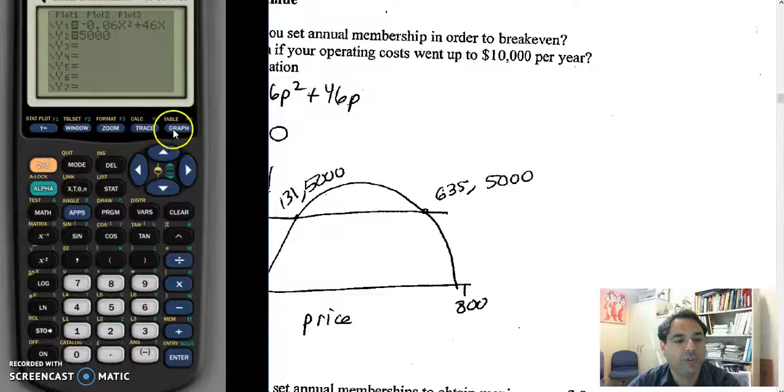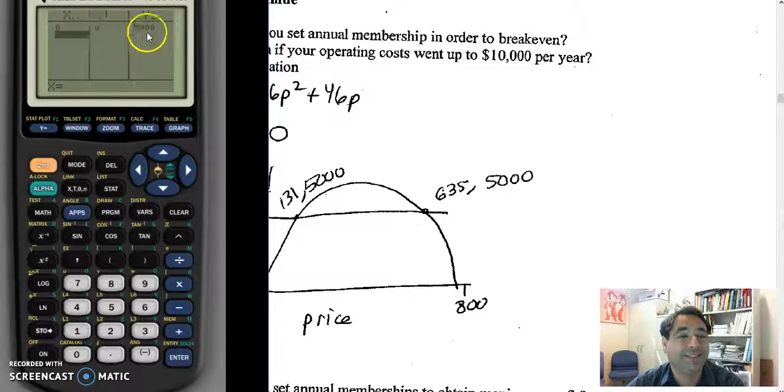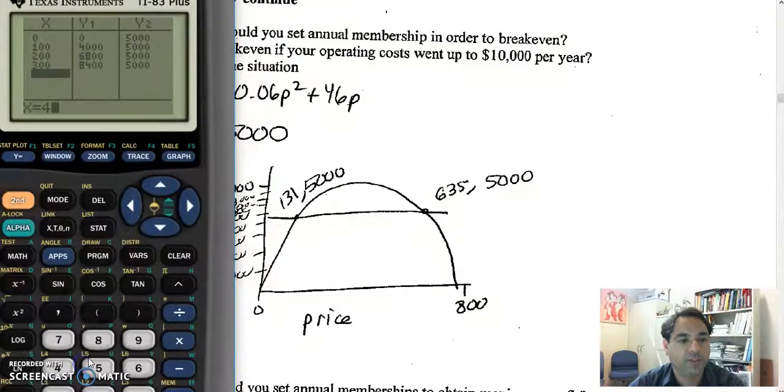So again, we're going to go to our table, delete whatever we have in there, and here's where we can plug in values. So if I charge 0 for an annual membership, my revenue would be 0, but my cost is 5,000. Not good business. So we talked about hundreds. So let's do $100. Okay, revenue is 4,000, cost is 5,000. But remember, revenue should go up and go down. So I put in 200, it's going up, great. 300, going up. 400,